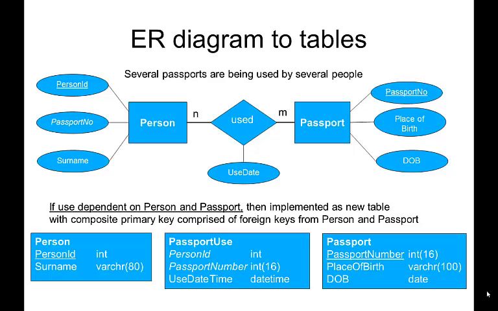So in this case we've got a person using a passport on a particular date. This person was spotted with this passport on a particular date. So this is a slightly more complicated situation. Now, how you go about converting this is one of these design decisions in the conversion between the logical and the physical model, because it depends on